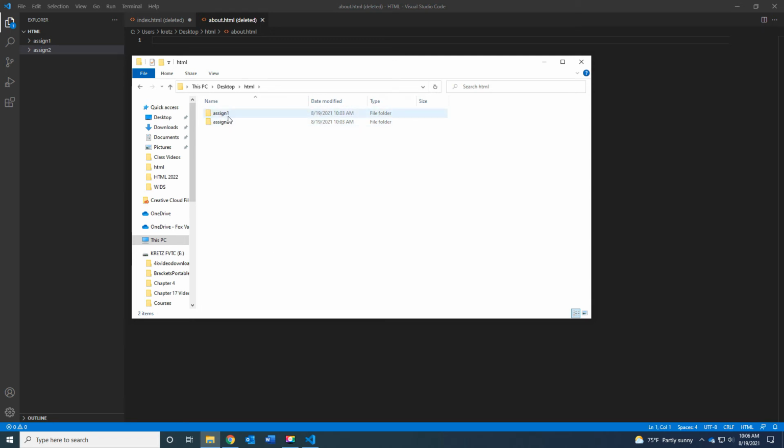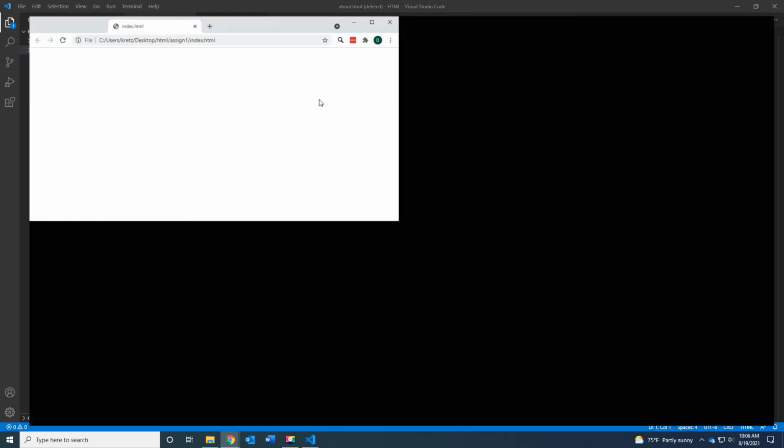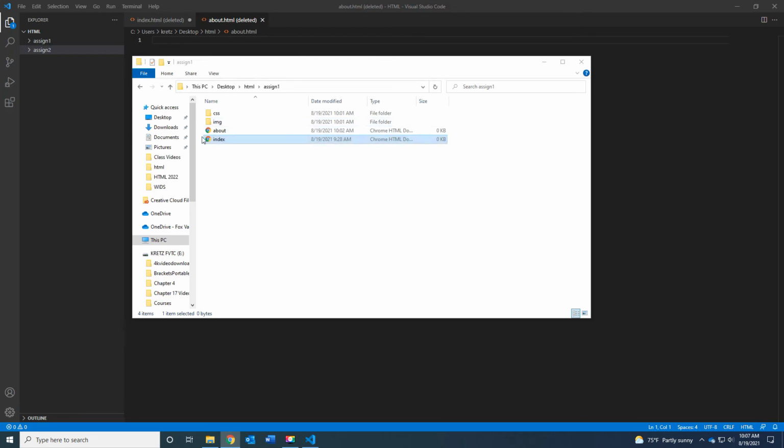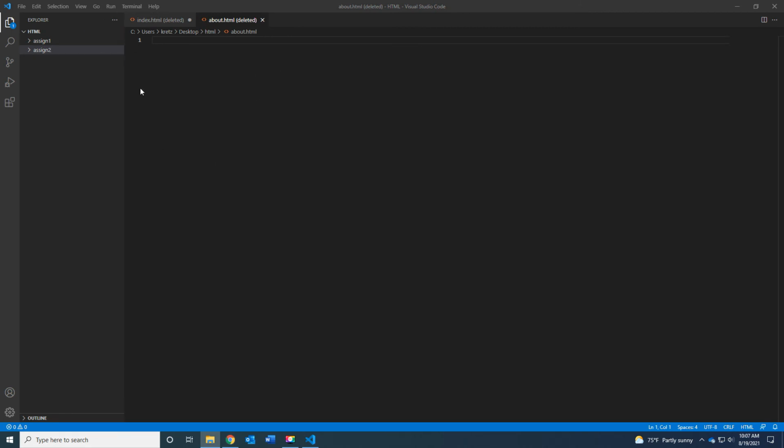Okay, now the next thing is, let's say that I've created this page, right? I've saved it, I've got it just like this. Now I want to edit it. I'm not done working on it, and I want to edit it. Now you can't just come in and double click on an HTML file, because what's going to happen is it's going to open in a web browser, and there's no content on there because we didn't put any content on there yet. It's an HTML file, so it's going to open in Chrome in my case. So what you need to do is, instead of double clicking on the file, you need to go back into VS Code